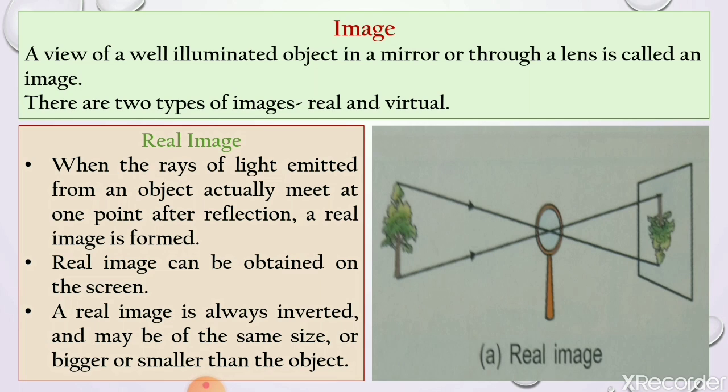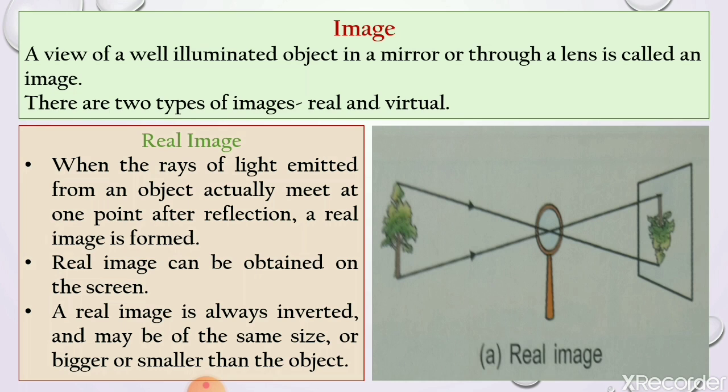So the image of our face seen in the mirror is formed where light rays, after reflection from the mirror, appear to come. Okay, so this is the image. So we can say that when a well illuminated object, means when sufficient amount of light is there on the object,